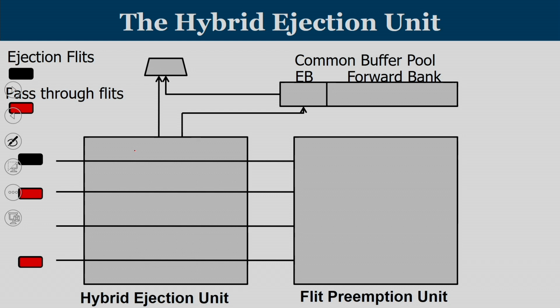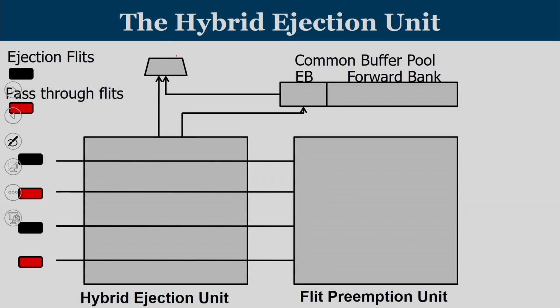Consider the scenario where the color coding tells that the black fluids are the ejection fluids and the red fluids will pass through the router to its neighbors. This is shown with the help of an animation. You can just listen to this animation. When the fluids come to the hybrid ejection unit, the combinational circuit there, the intelligence embedded in the hybrid ejection unit, will check whether the fluid is to be removed to the local port or not. So, when the fluids come, they are removed to the output port. The fluids will move out through this port.